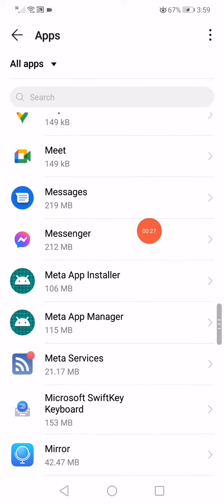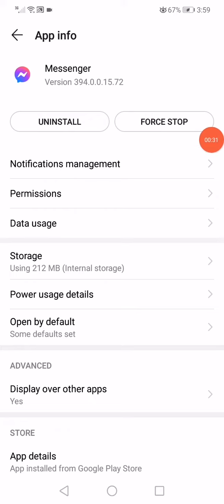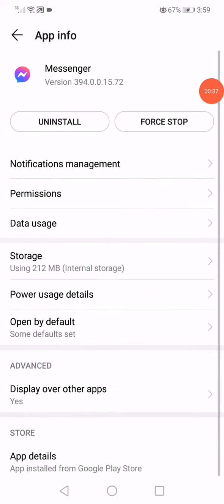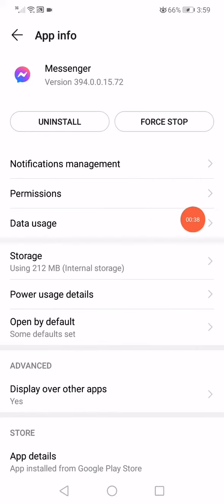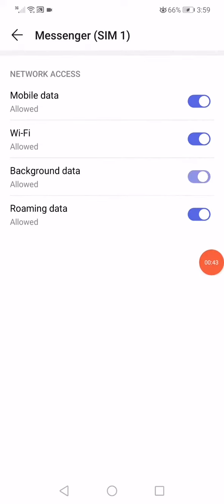Click on Messenger, click on Force Stop, and then click on Storage, click on Clear Cache, Clear Data, go back again, and now click on Data Usage. This option is very important, so you have to enable those four options right here, all of them, and then